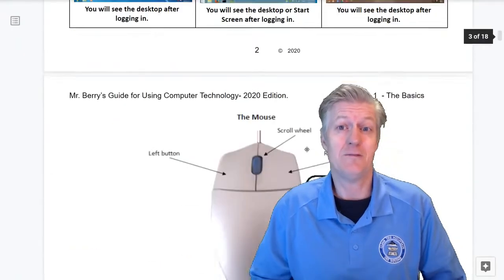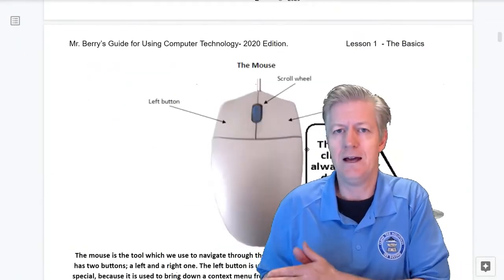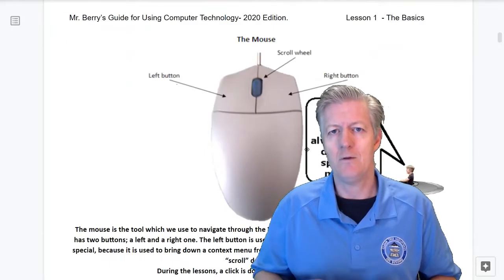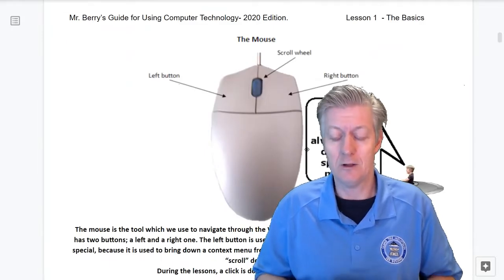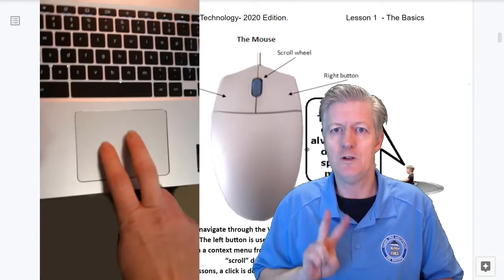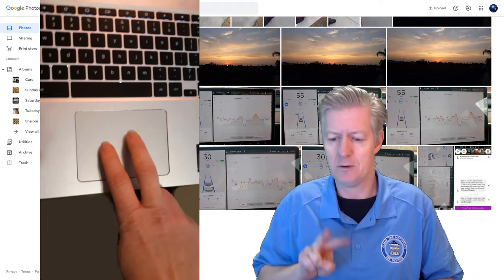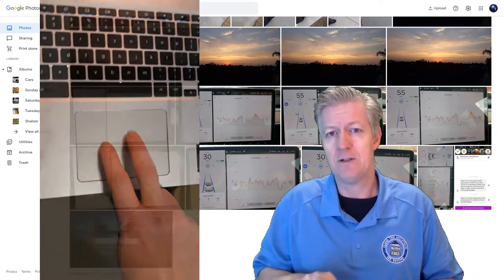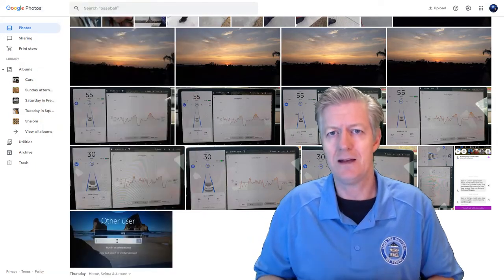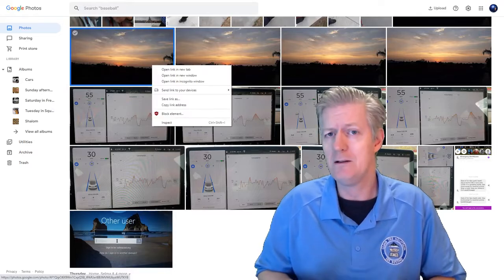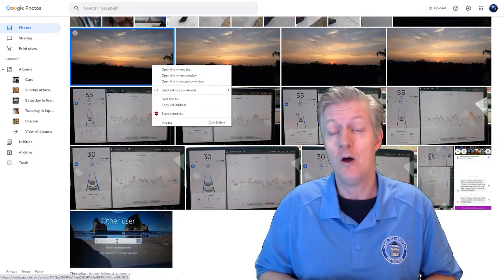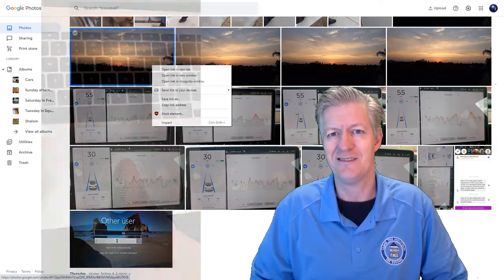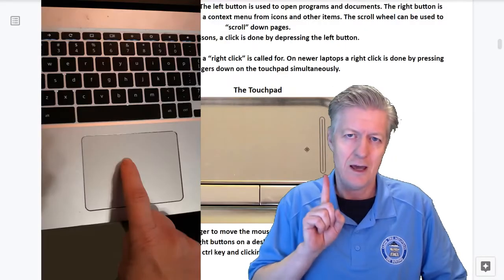Next, I talk about using the mouse and the differences between a left and a right click. Whenever you want to do a right click, let's say you're looking at the touchpad, use two fingers in a peace symbol and press at the same time, and then you should expect a little menu, which we call a context menu, to appear out of the icon or the object that you're right clicking on. And a left click is done with just a single finger.